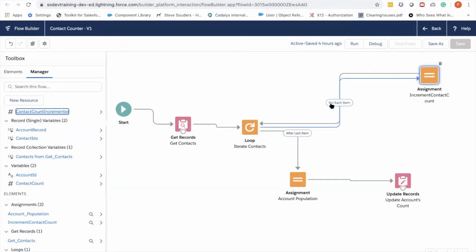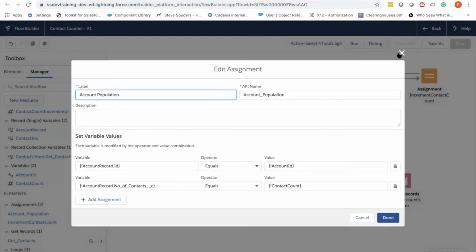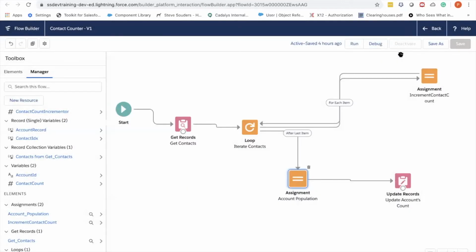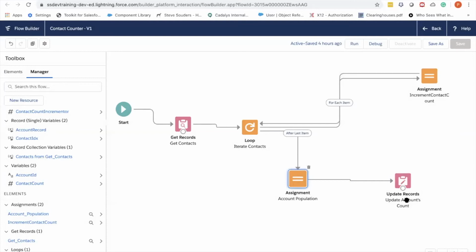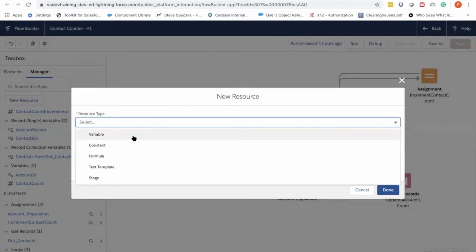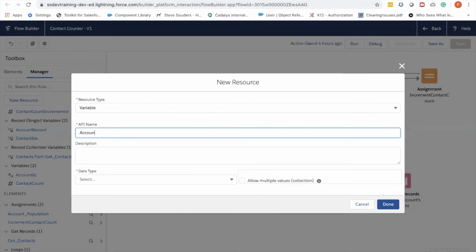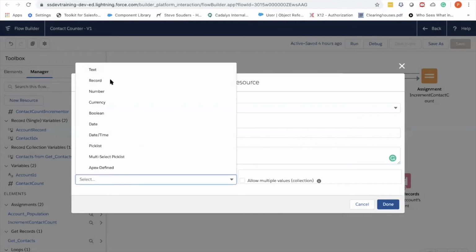Okay. And as soon as the last element is done, I'm assigning to the account instance. So I told you, whenever you get an input from your user, you need to assign it to your instance in order to use it in your update operation. In order to pass a collection, I mean, update records expects a collection, I have to create a variable of type account. So in the same way, I clicked on variable, I gave it account records, I selected the record type,